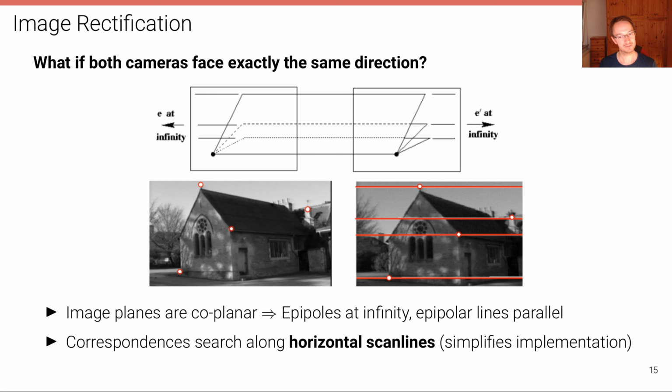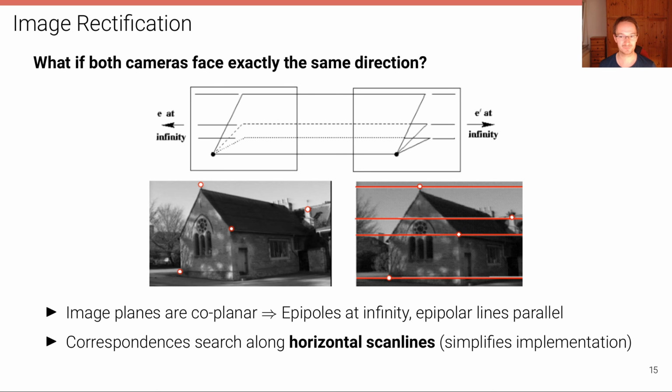And if we do it right, they also become horizontal. So they become parallel to each other, horizontal. So we just have to search now for correspondences along image rows. And this significantly simplifies implementation. We don't have to search across slanted epipolar lines in the target image, but we can search along image rows, which is much simpler to implement. And that's why rectification is important, and rectification is typically applied in order to make these stereo matching algorithms,